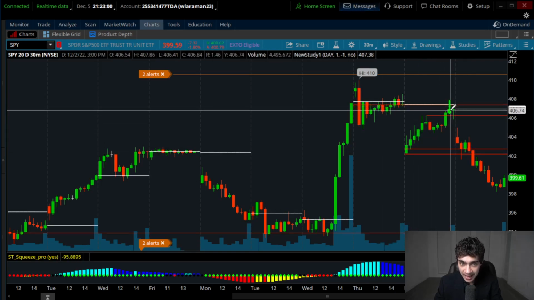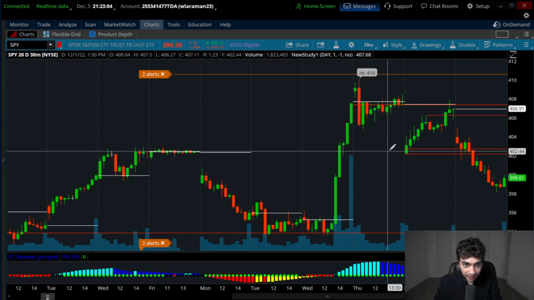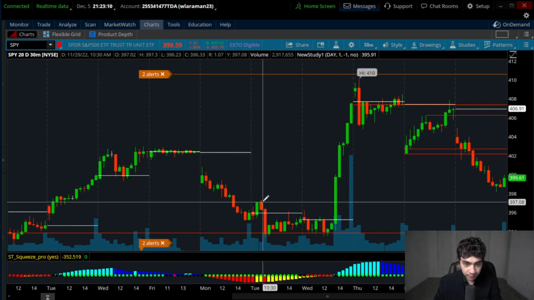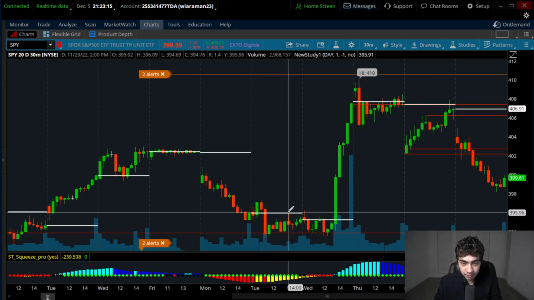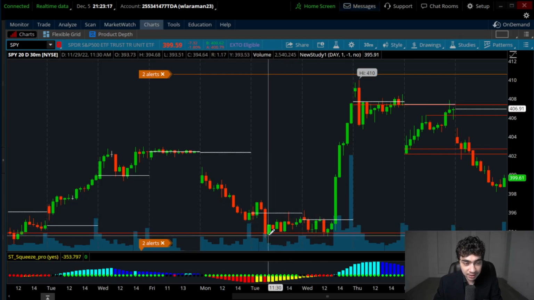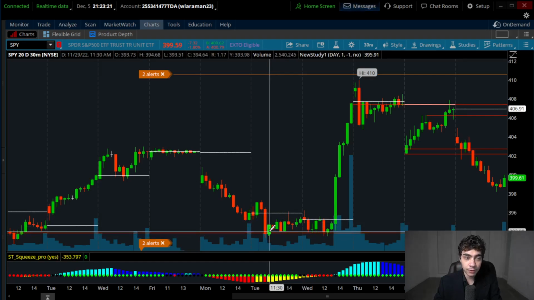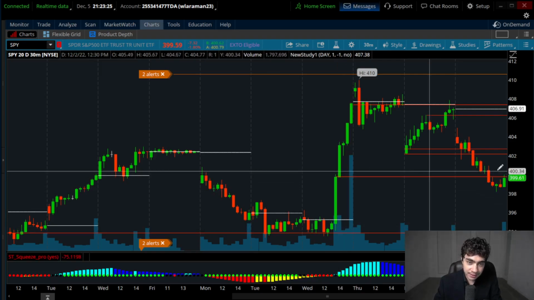In terms of today, it did not rocket back up to fill the gap. It ended up cracking $400. And in terms of that key $400 support, you can see there's some previous resistance right here at 397.30, and then there's some also previous resistance at 396, and then there's a lot of key support slightly under $393, right? So in terms of these make-or-break levels, this is what I want you to be aware